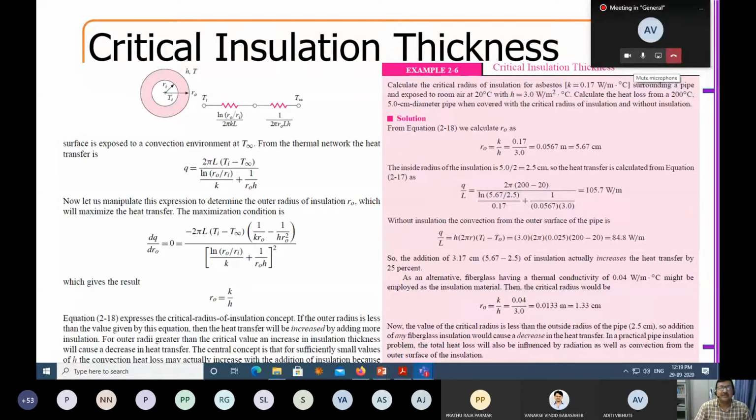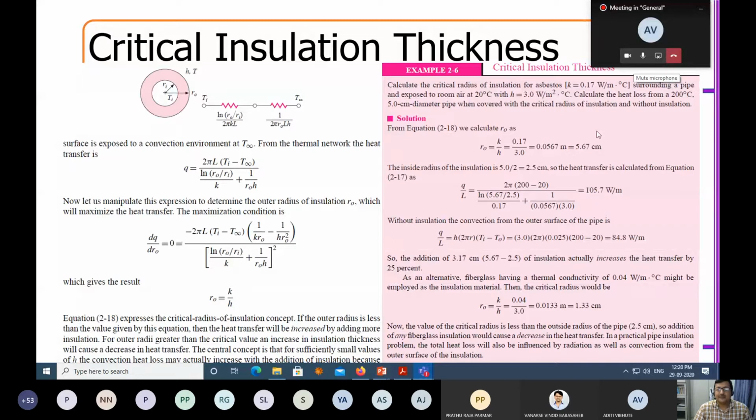You know that convected heat transfer Q is equal to h A delta T. As I increase the diameter of the insulation, the area through which the convected heat is lost increases. So as the area increases, the convected heat transfer also increases. These two are counteracting each other. Now, when I put dQ by dR equal to 0, I find exactly the optimal point for the radius of this insulation. I find the condition Ro equal to K by H, which tells me how much insulation I need to put.